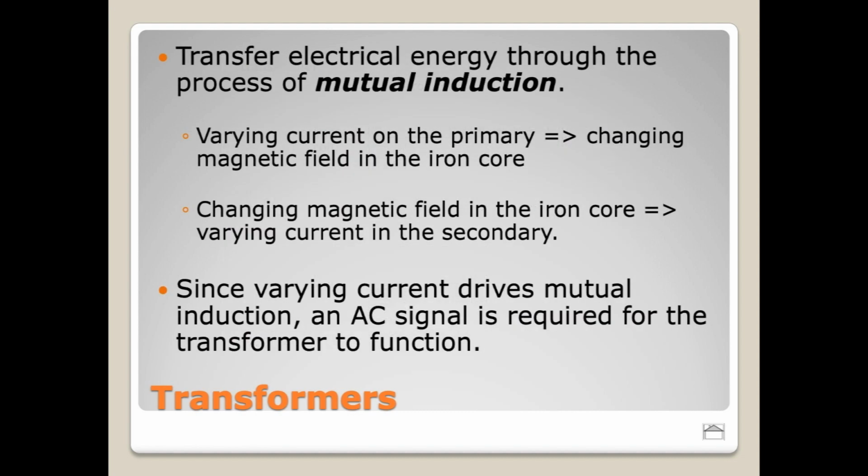Let's go ahead and take a look here at a little bit more of a description. So the process that we were just talking about is known as mutual induction, right? So we've got electromagnetic induction happening in both directions on both sides. So electrical to magnetic, magnetic to electrical. Again, keep in mind we need varying current, so we need alternating current. We need current that flows in different directions because it's the change in the magnetic field that generates the change in the current that generates the change in the magnetic field, which then, of course, generates the change in current